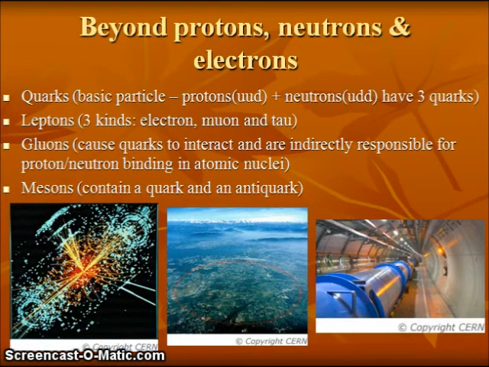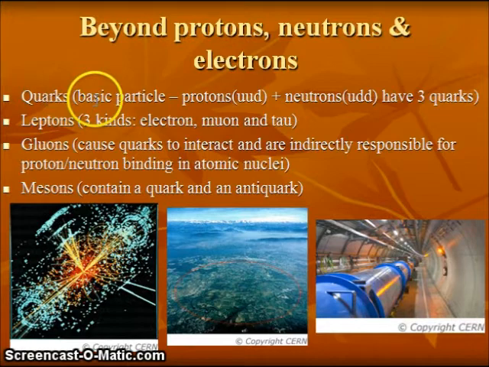Super collider research has revealed that there are particles even beyond protons, neutrons, and electrons. These are referred to as fundamental particles. The images here are of the CERN Super Collider in Europe. Now, for the fundamental particles, there are a lot of different examples of these, so we're limited here to showing just a few. They include quarks.